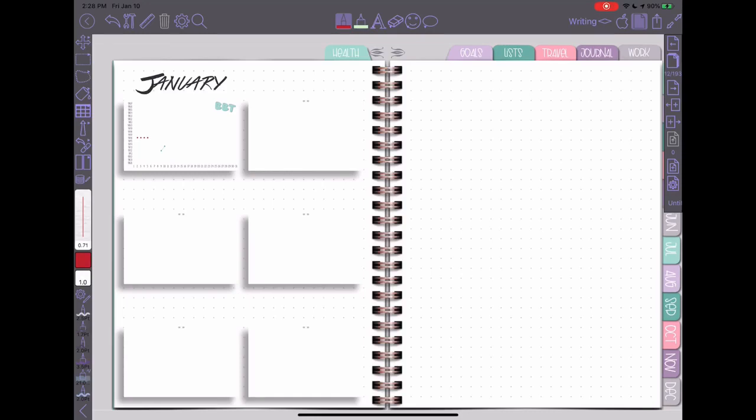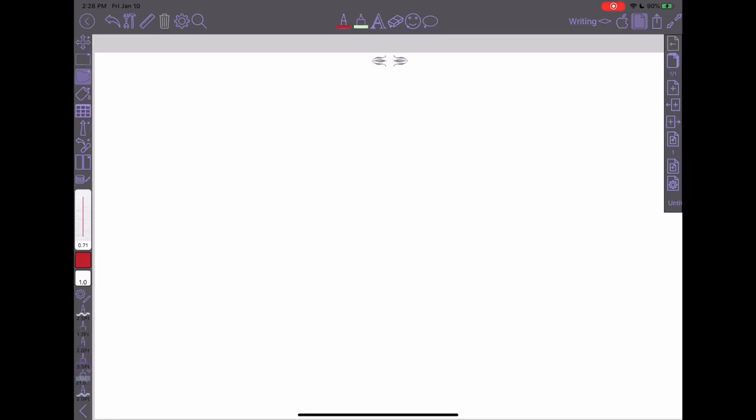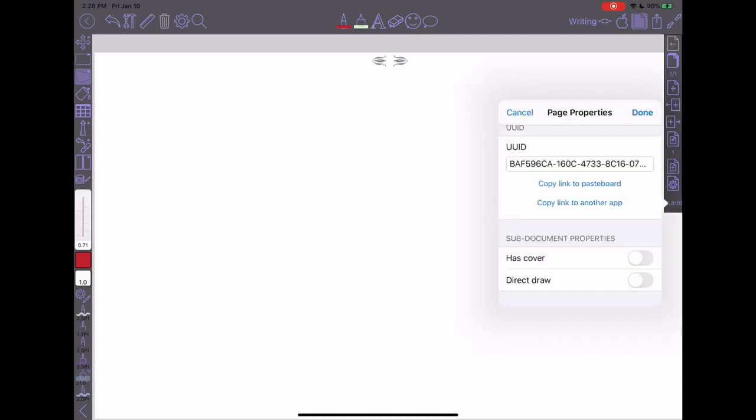Let's go to the right for now. So if I double tap on this item here, it will take me into the sub page. And then with my page bar still open over there on the right, you can go down where it says Untitled at the bottom, open up the page properties, and